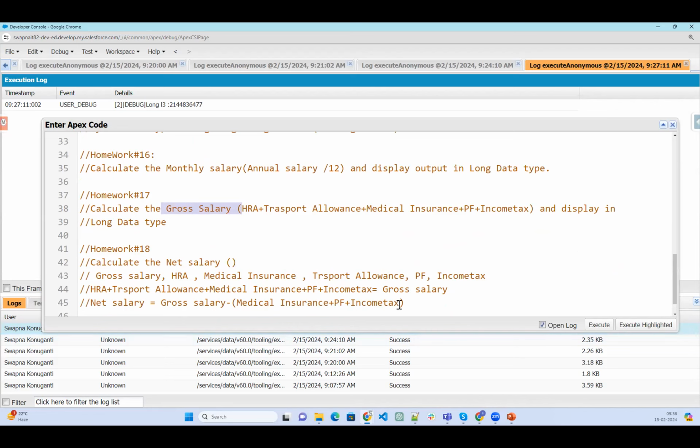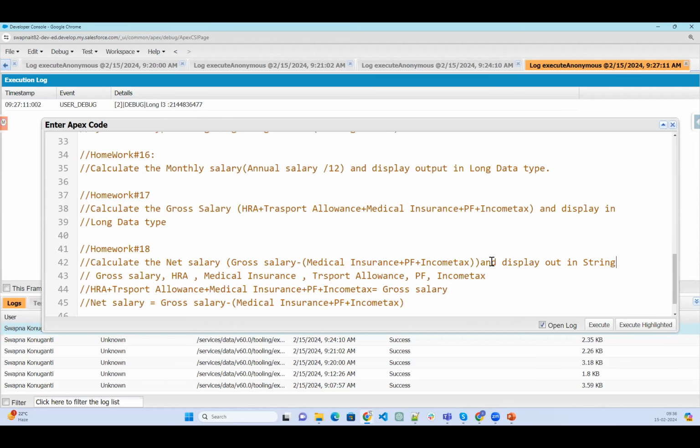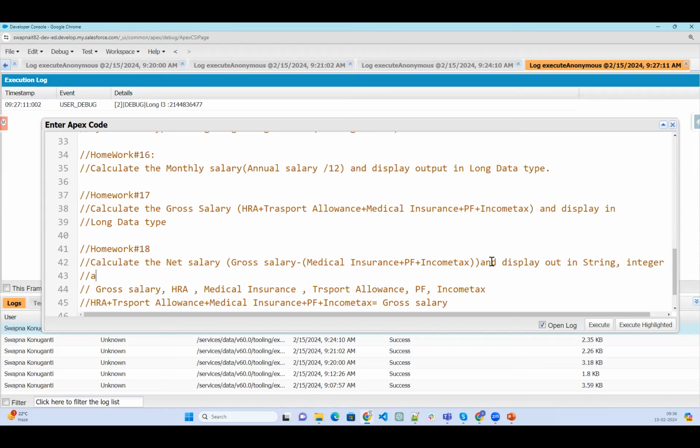You get the gross salary from the previous one, and then you need to add the medical insurance, PF and income tax, and display the output in string, integer, and long.